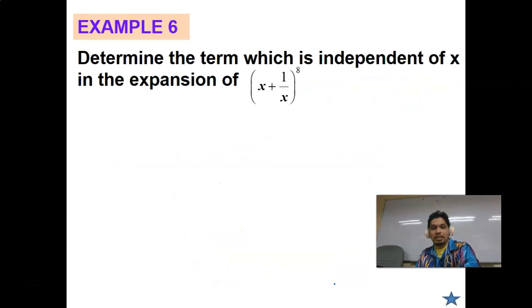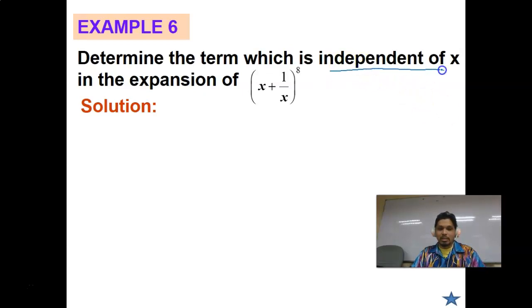Example 6. Determine the term which is independent of x in the expansion of x plus 1 over x to the power of 8. Independent of x meaning the term without any x, or x to the power of 0. Okay, so in this case,